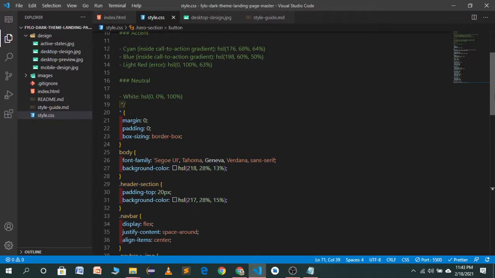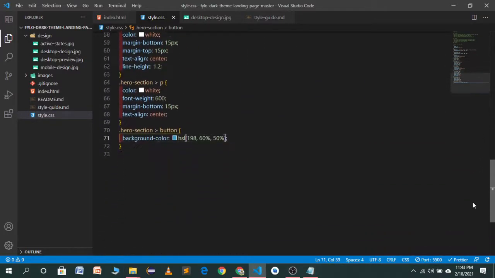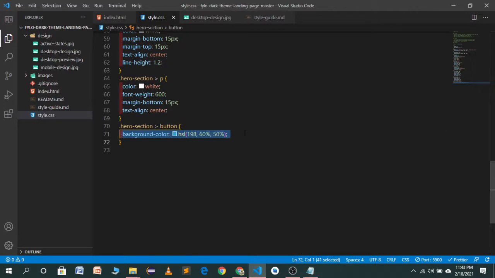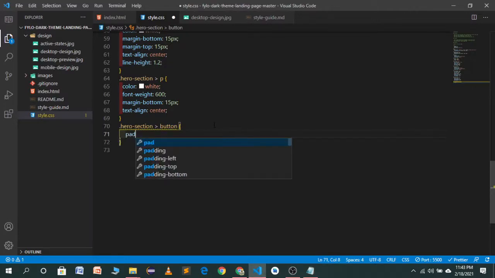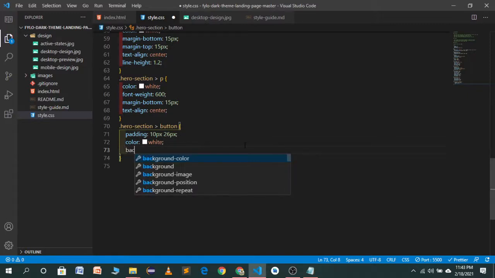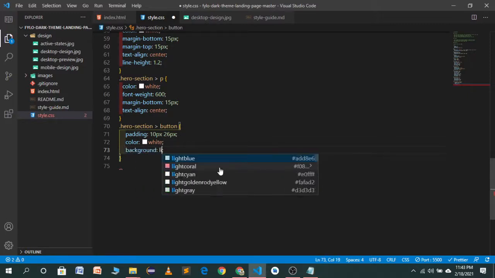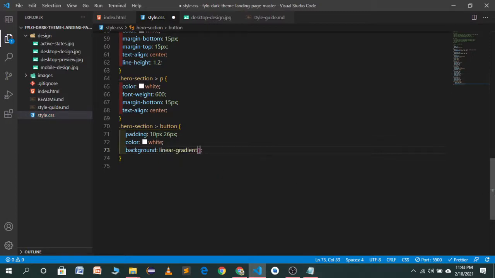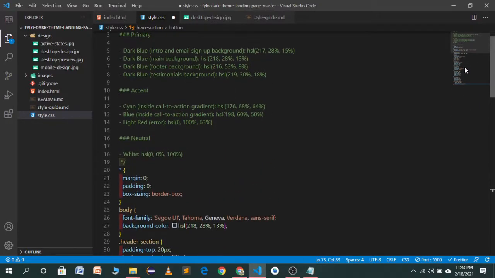So we use a linear gradient as the background of our button. First of all, give it a padding of 10 pixel from top and bottom, and maybe 26 pixel from left and right. Color will be white and background will be a linear gradient, and we will copy these colors.